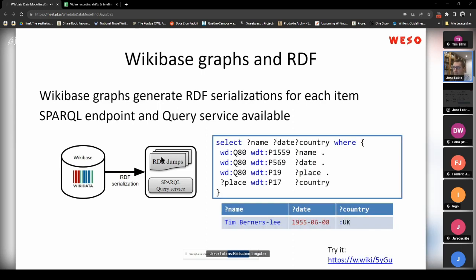And I say this because we can also do SPARQL queries, and also because what the entity schemas represent is not directly the data model of Wikidata, they are representing the serialization of this data model in RDF. I think this is important to take into account if we want to model data using entity schemas. In this case, this is just an example of a SPARQL query for Wikidata that obtains values from